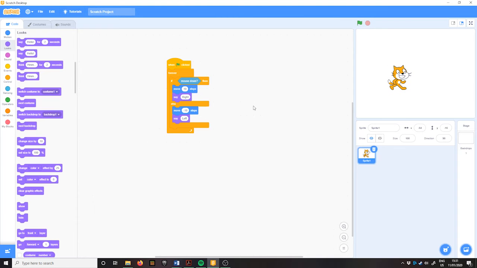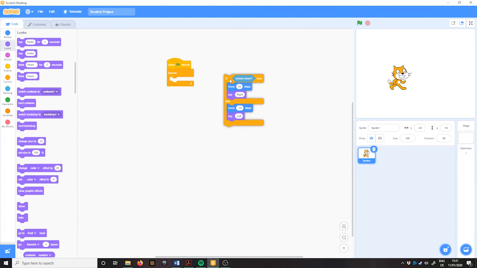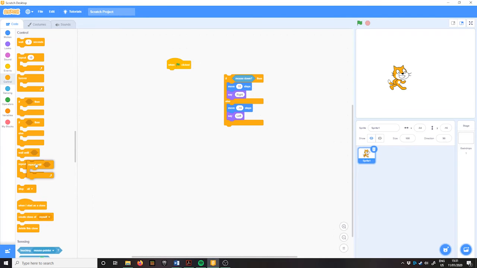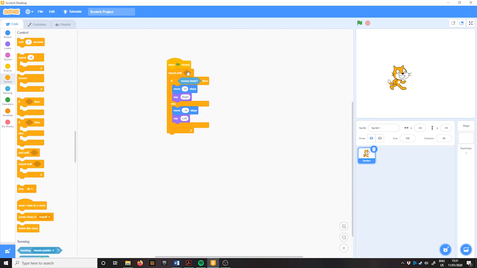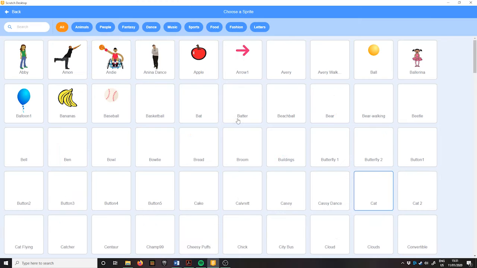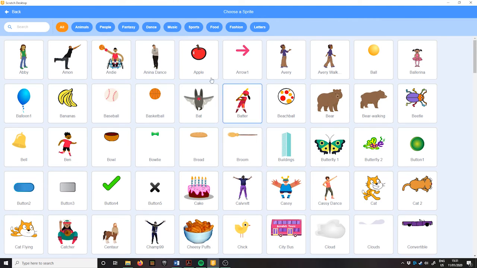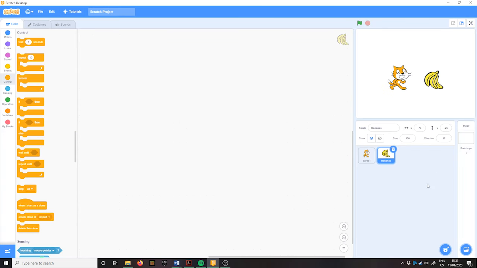Okay, but now we've got this forever loop, which is great because this will just keep going forever. But what if we do want to have some end to our game? We can't use the forever loop. So I'm going to get rid of the forever loop, and instead I'm going to come down and use the repeat until and drag them back in there. And now repeat until what? Well, let's create a second sprite, and let's put in some bananas. I'm going to pop the bananas over here,